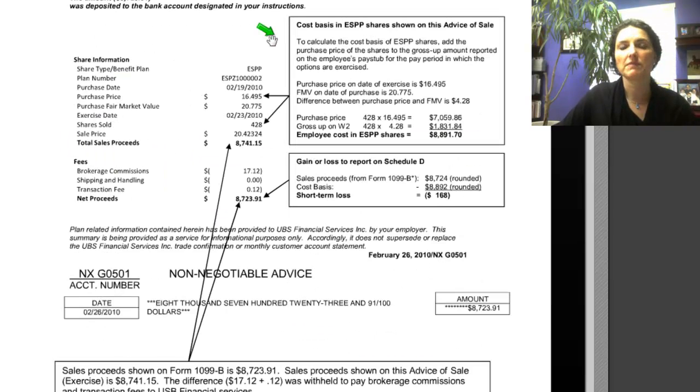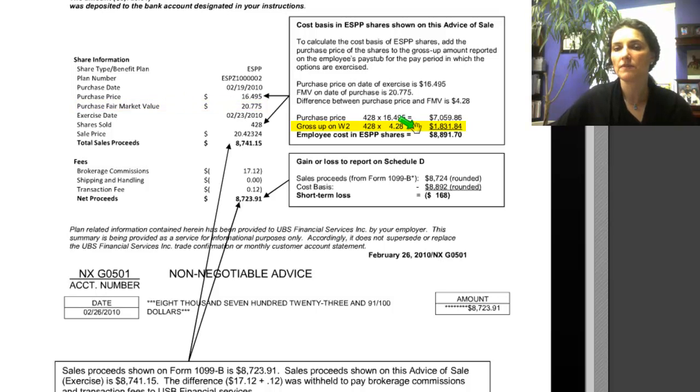Here is how we determine the basis in the ESPPs. To calculate the cost basis of ESPP shares, add the purchase price of the shares to the gross-up amount included on the employee pay stub for the pay period in which the options are exercised. The purchase price on the date of the exercise is $16.495. The fair market value on that purchase date is $20.775. The difference between the purchase price and the fair market value is $428, and that amount is added to his